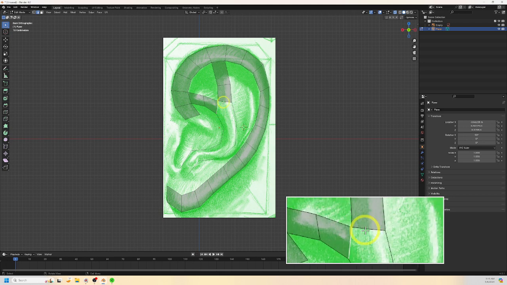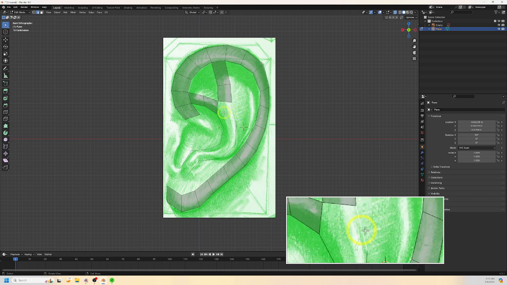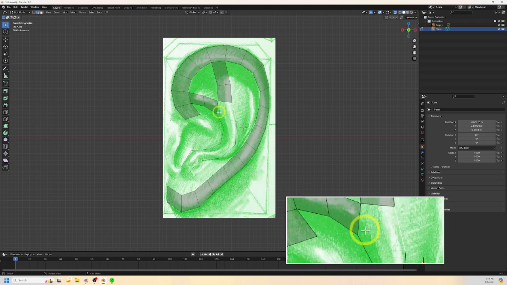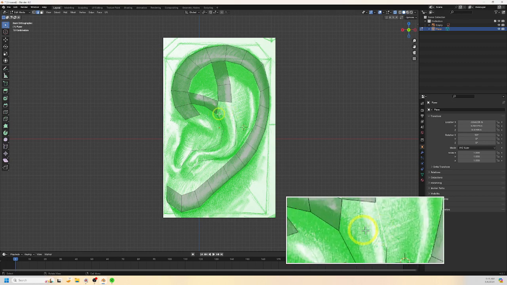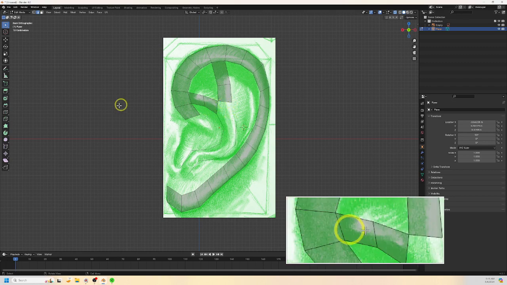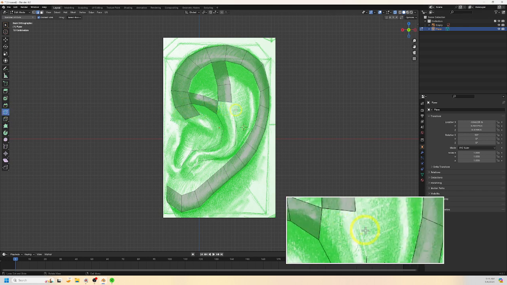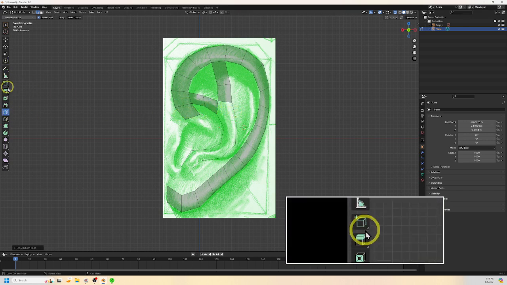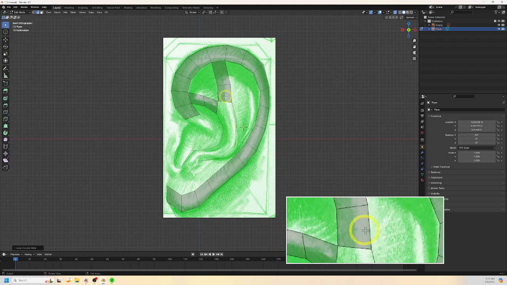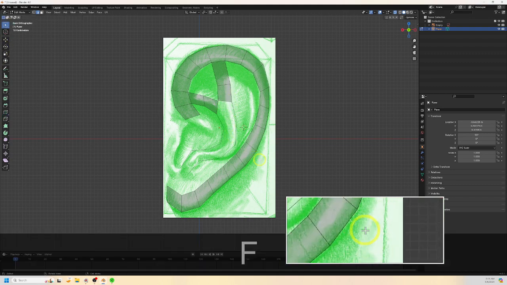Now here as I'm filling this in, I see that if I split this edge here, I can make this a quad instead of keeping it. I'm just going to select the edge loop, and if I click in the middle of that line, that will split that line. And then when I go and hit F,